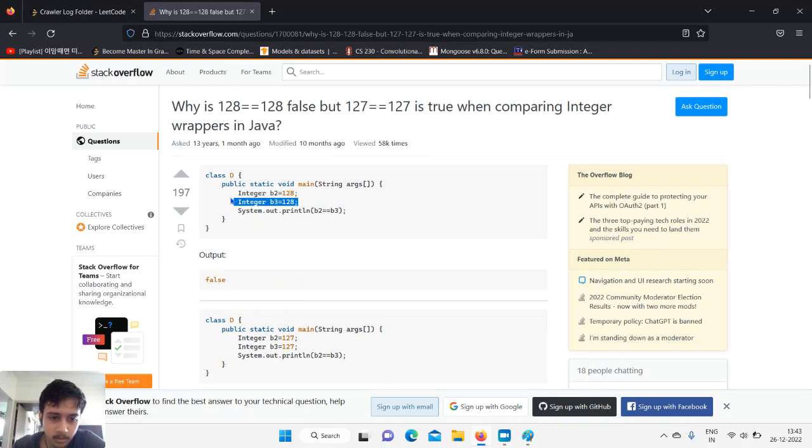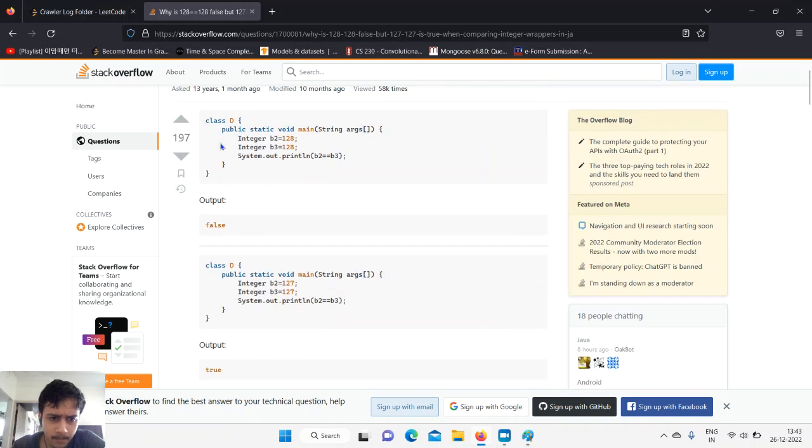But what happened now is, I don't feel like it's 128. It is not cached. A new object is created. A new object is created in heap memory instead of cache. So what will happen if I do this same thing with